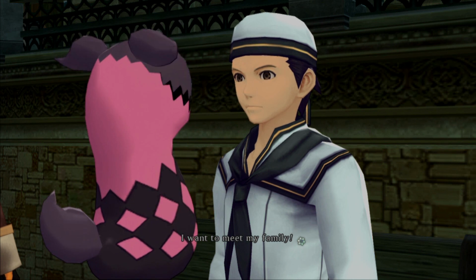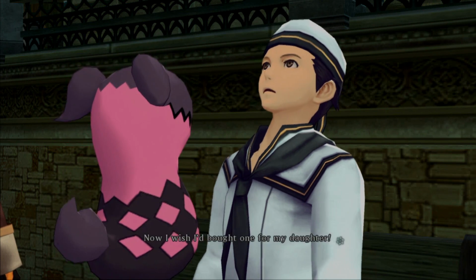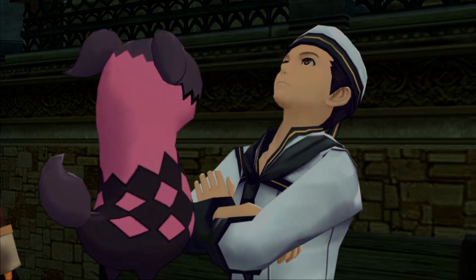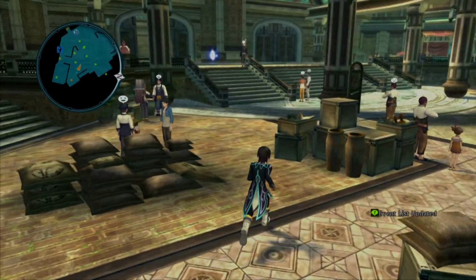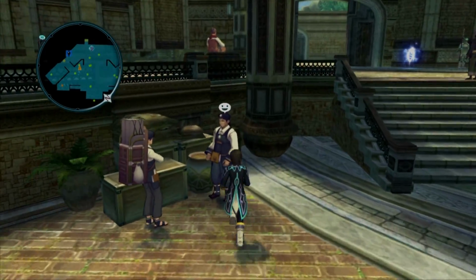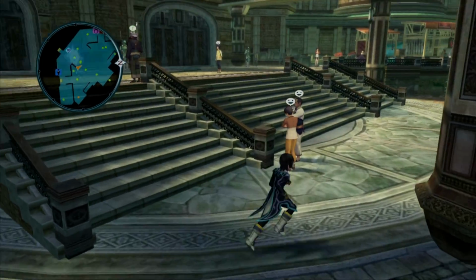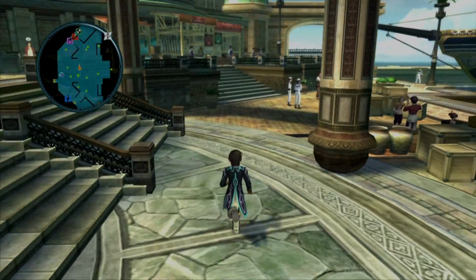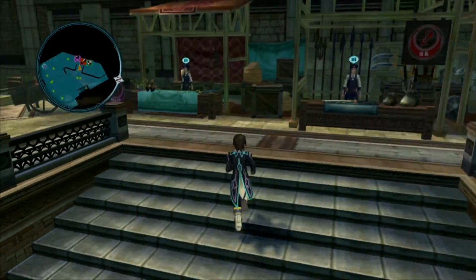My family? Wow. These new toys are so impressive. Now I wish I'd bought one for my daughter. I don't know. I would not want Tipo to be, like, around my kid. Alright, any other quests? I don't think I remember any, but...